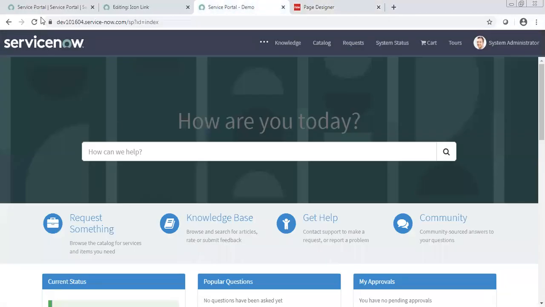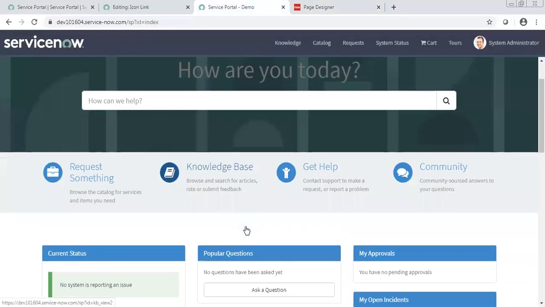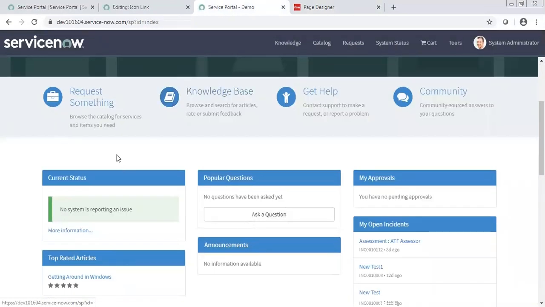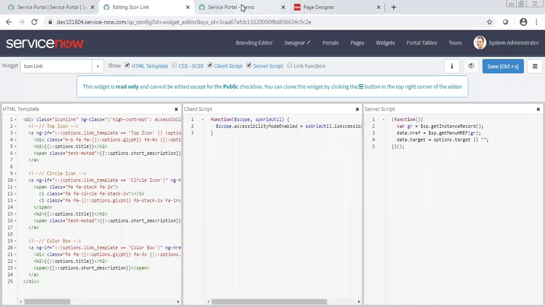Now, if you reload your home page, it has just given you the space because you didn't do any editing.